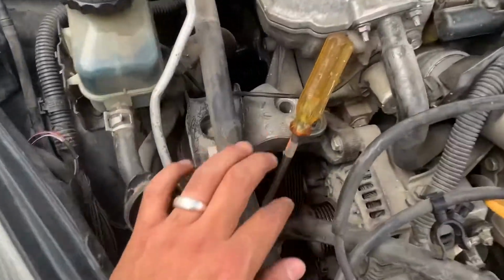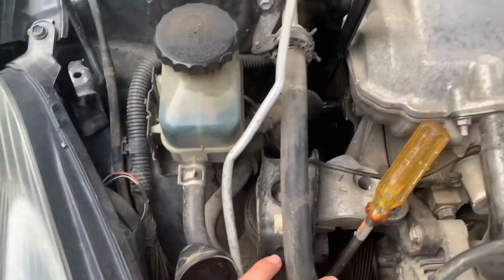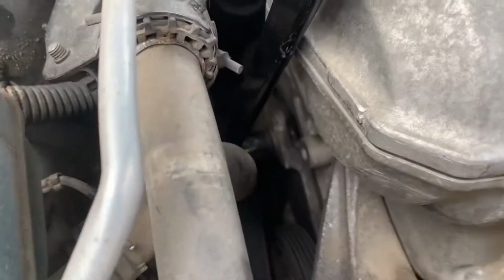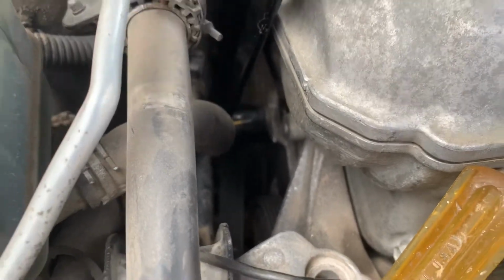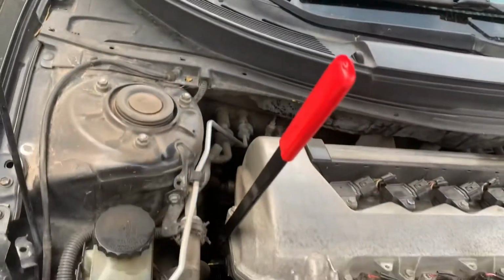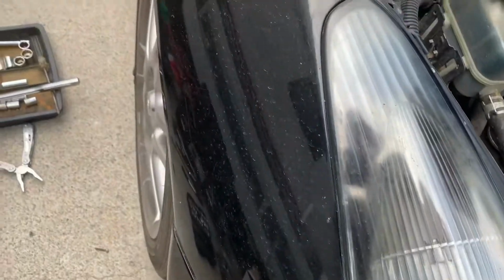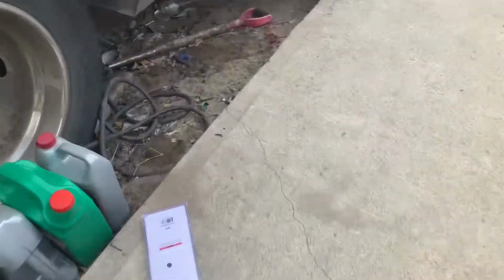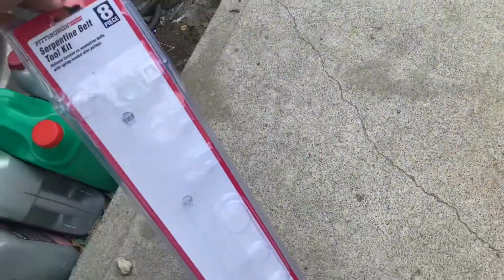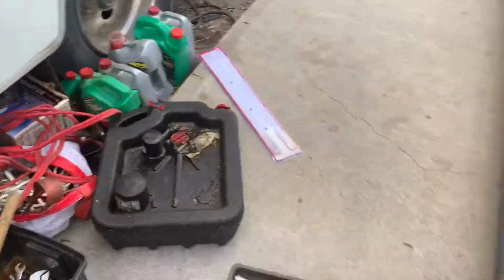I'm gonna be replacing my alternator. Already got started on it, but basically you're gonna need a 19 mil socket for the belt tensioner bolt, and then one of these long belt tensioner tools. I don't know what they would be called, but this thing right here, you can get it at Harbor Freight for like $15. So need that, and then